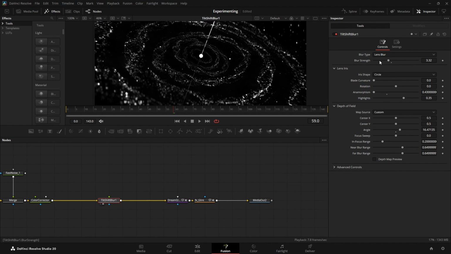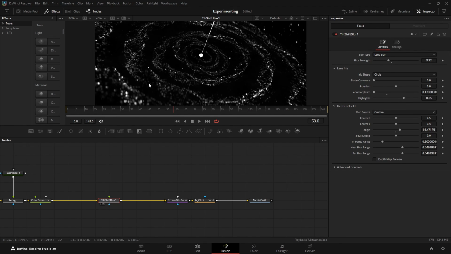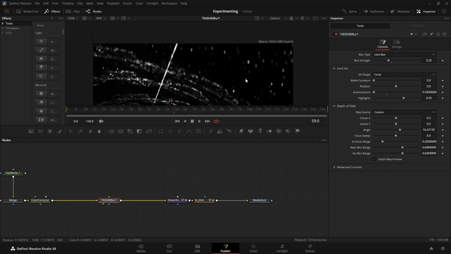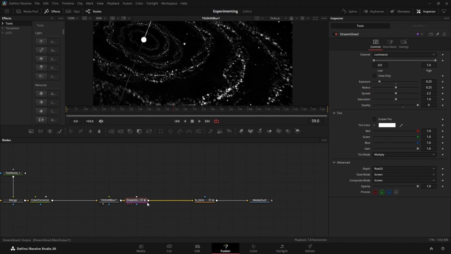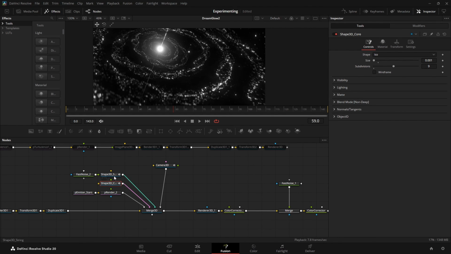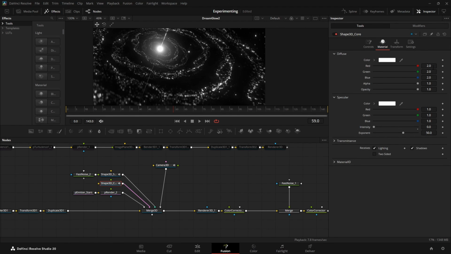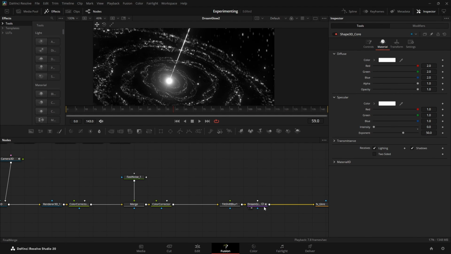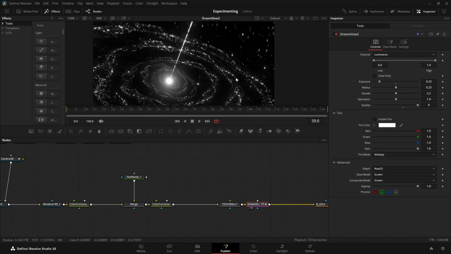And then I just played with the blur strength and I put the anamorphism down to give it these streaky bokeh. I think it looks more cinematic. And then I added dream glow. And also this shape, the core shape, the material is set above 1, so it's a brightness of 2. So the dream glow mostly affects this one because dream glow has a threshold in it, and the threshold detects